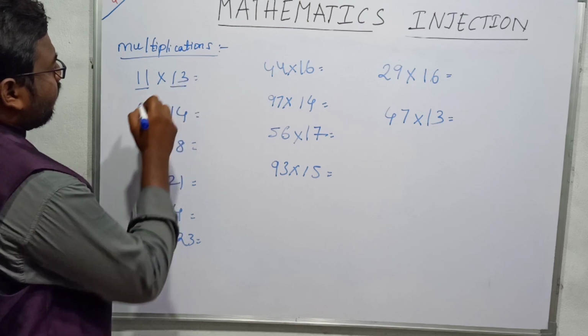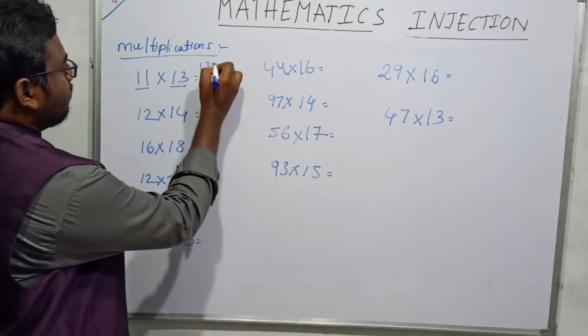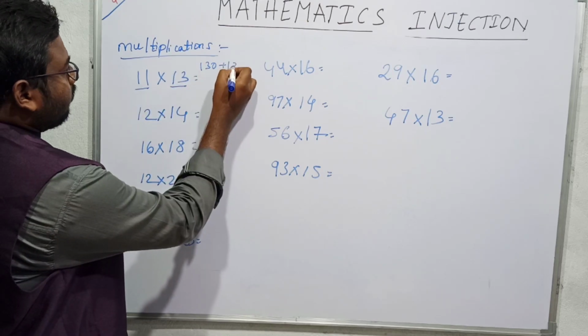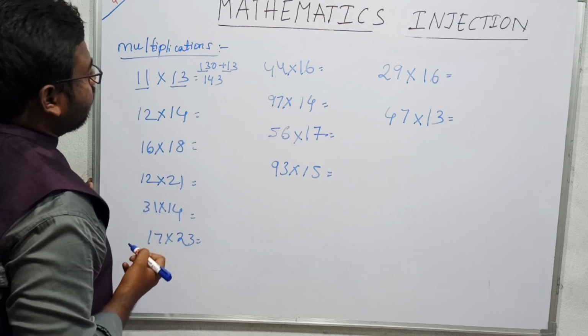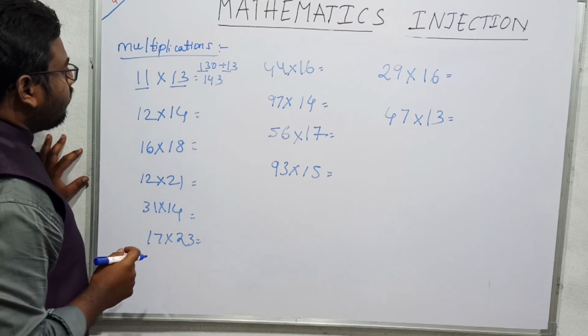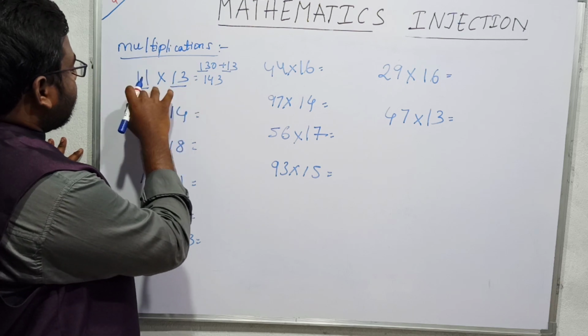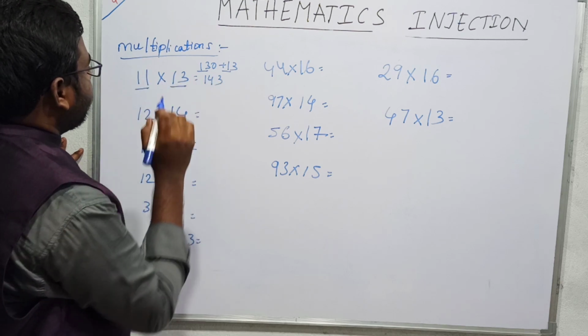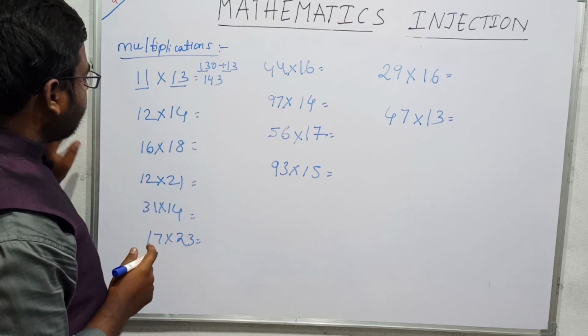If I take 13 as distributor, 13 tens are 130 plus 13 ones are 13. We know how to add it. 13 plus 1 is 14 beside 3. So now we will do the same step. 13 ones are 13, 13 will be in our mind, and 13 ones are 13. 3 will be the unit digit, and 1 is added to 13, this will be 14. We will follow the same step.